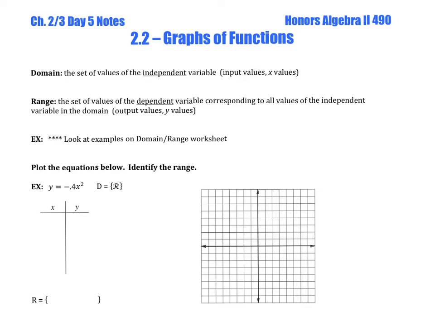And then look at the domain that you've been given. If you've been given any restrictions, that will tie into what x values you pick. If you haven't been given any restrictions on what the domain values should be, then you can pick anything, but sometimes it's wiser to pick some values than others. So if we take a look at this very first equation,